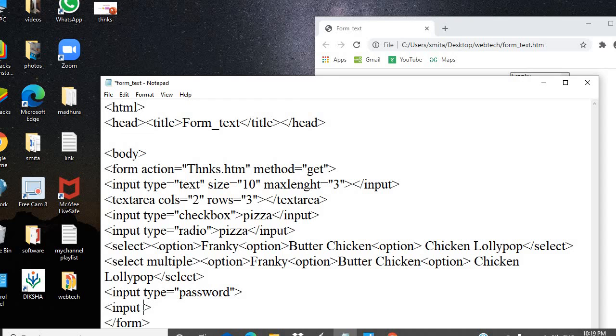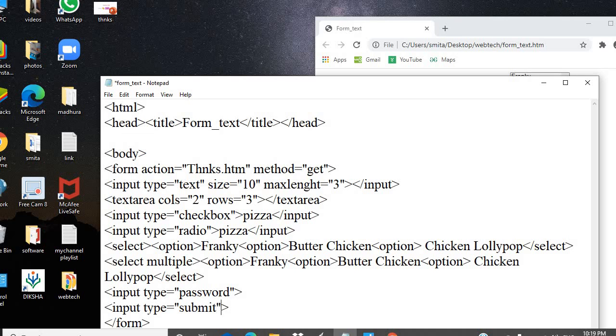And the reset button is used to refresh the form. So it works like an eraser. It will erase or clean all the previous records and a new record you can easily enter within that. So over here the attribute is type and the button name is submit button.